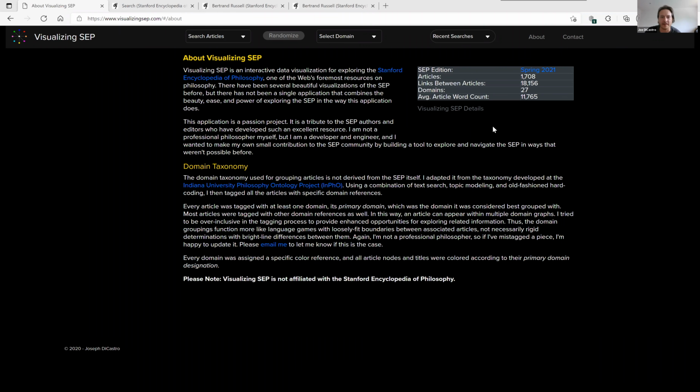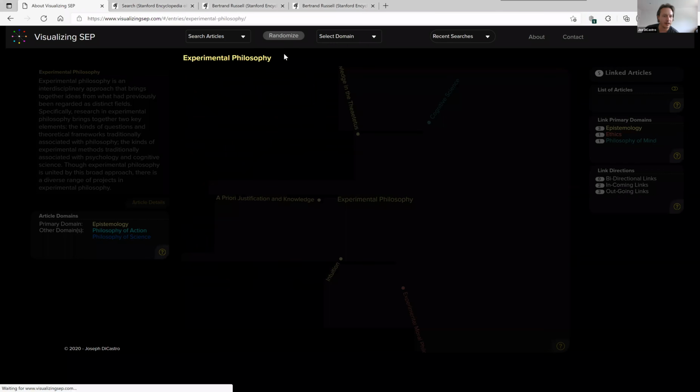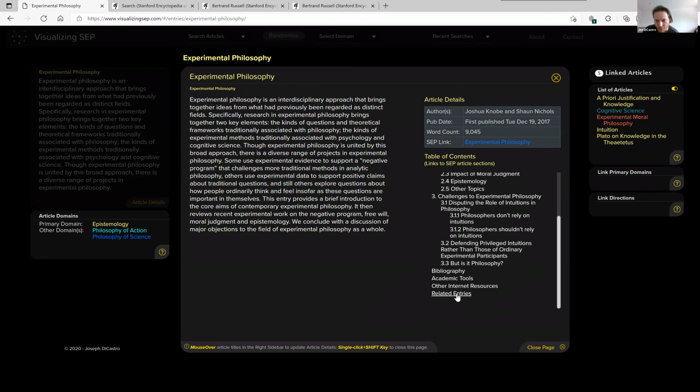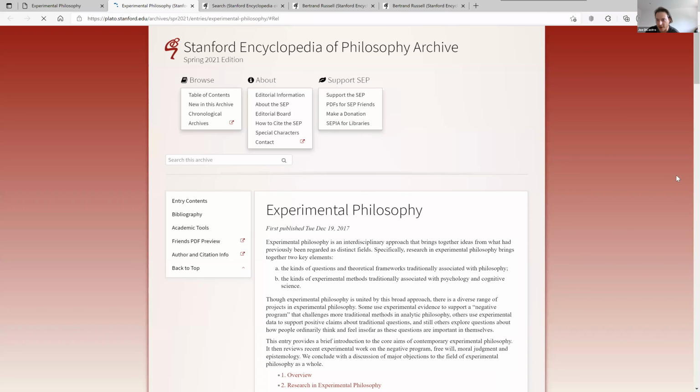The way in which I did this is there's a library in Python called Beautiful Soup, a web scraping library. So I scraped the entire encyclopedia, downloaded all of the articles, and then I wrote a spider to look at individual parts of each article. Every article in the SEP has a section called related entries. Those are the links that the editors and the authors